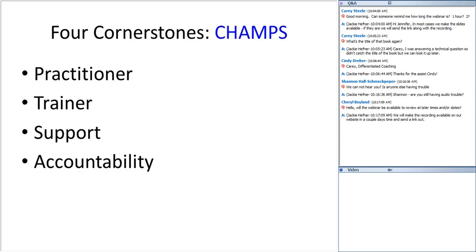So let me give you some examples of what these 4 cornerstones might look like. Many of you are familiar with Safe and Civil Schools. Many of you are familiar with CHAMP's classroom management. So let me just go over what that might look like. If I'm sitting with my team of coaches, both evaluative and non-evaluative, and we're thinking about bringing CHAMP's classroom management into our school, we're going to sit down and figure out who fits into each one of these categories. So the first group of practitioners in our school is going to be, of course, the classroom teachers. They're going to be putting CHAMPs into practice.